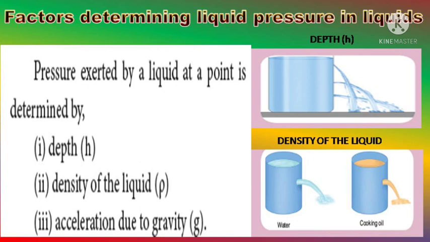take two liquids of different densities, say water and oil, to the same level in two plastic containers. Make holes in the two containers at the same level. What do you see? It can be seen the water is squirting out with more pressure than oil. This indicates that pressure depends on the density of the liquid. For the factor acceleration due to gravity, our household water tank is the best example.